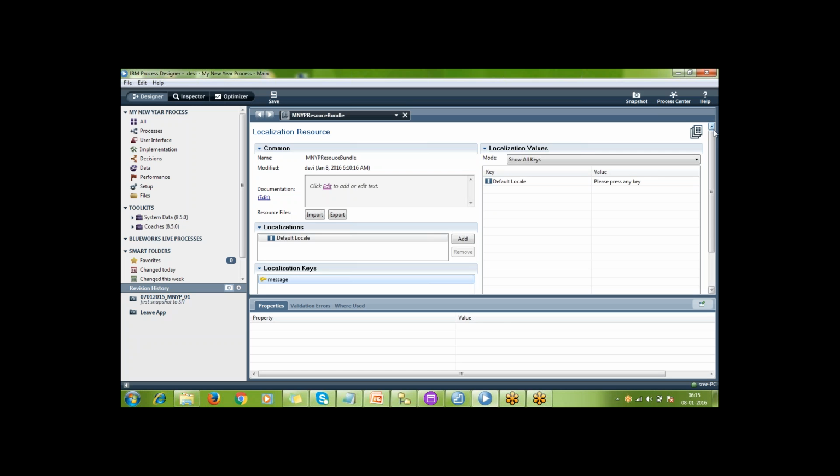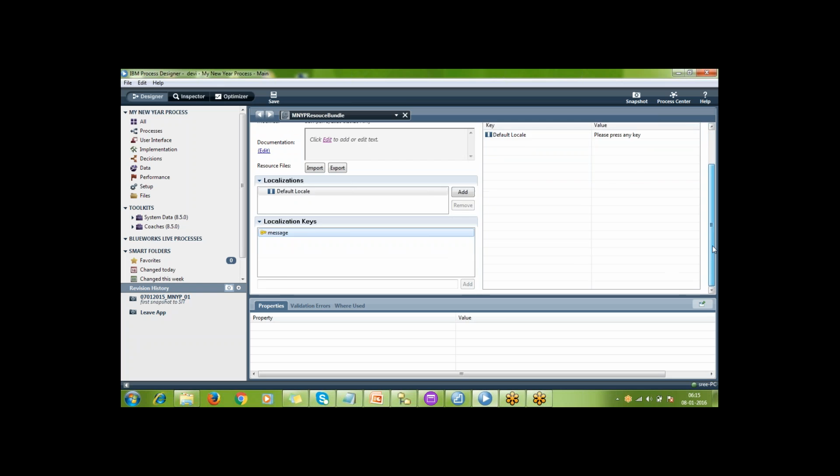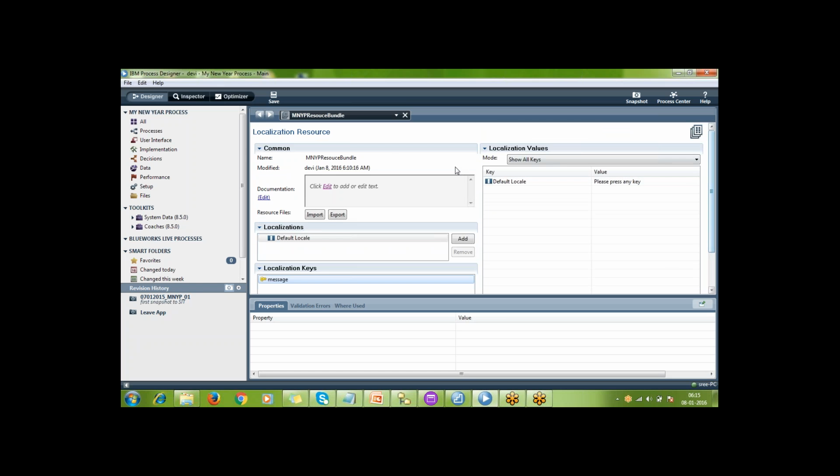From the admin console, we don't have the option to change this resource bundle value. So in order to replace a constant which will not change in future, you will use the resource bundle. Is it clear?